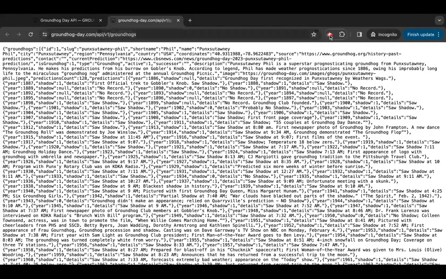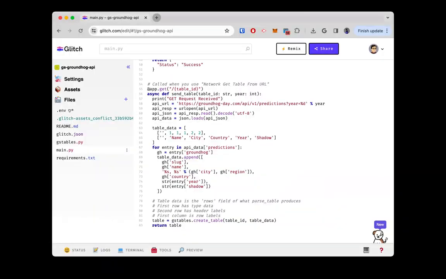But the data format that groundhogday.com returns isn't something that GameSalad can understand. We'll need to translate the data the API provides into the format GameSalad understands, our tables format. To do that, we've set up a Transforming Proxy API, a service that accesses groundhogday.com on behalf of our GameSalad game, a proxy, and translates the data from the original format to one we can use. We set up a web app on glitch.me